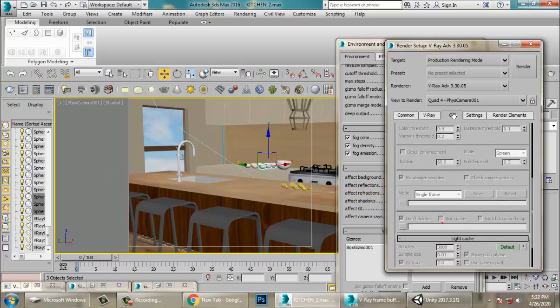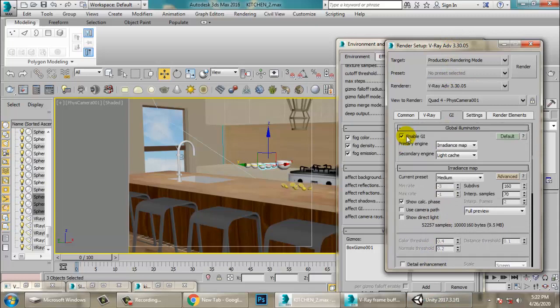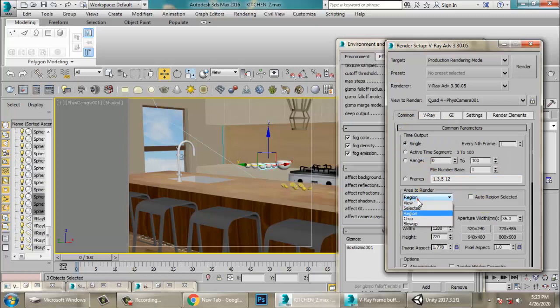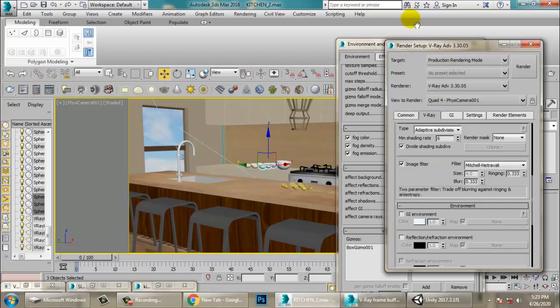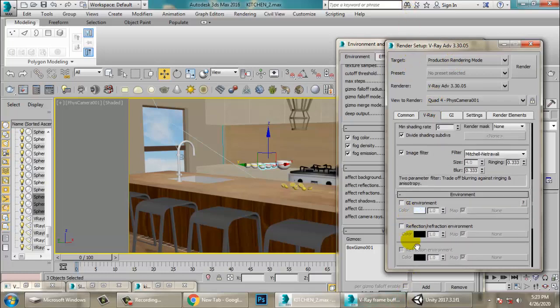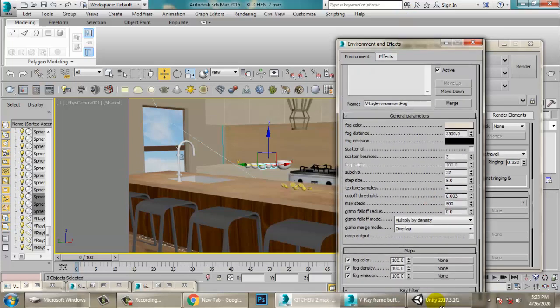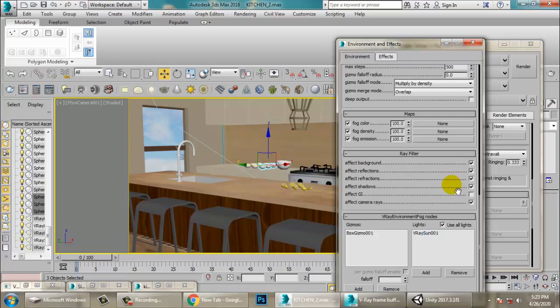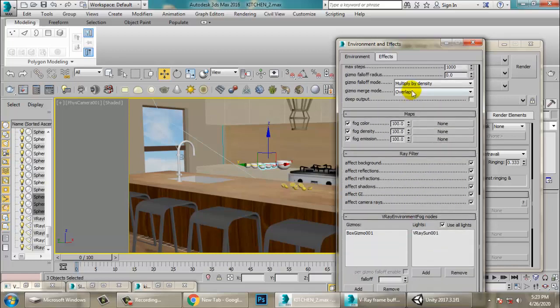So now what I'll do is I'll just render it once with enabling this GI option. I'll remove this region option over here, and also I have deactivated your environment over here. If you see this, there is no activation of this GI environment. I'll again go into this, and we'll go into this and affect GI option. So we'll just activate this and we'll just render it once again.